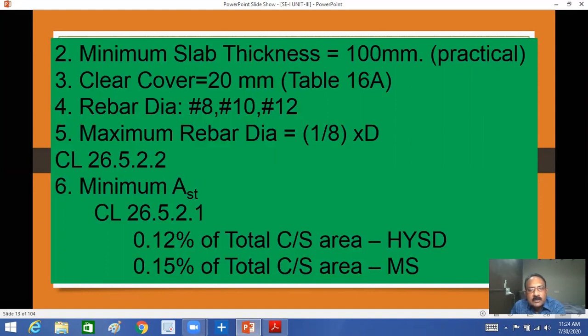What is that? The span to effective depth ratio, which we already discussed. And we'll see all these in the next video. I will explain all this in detail, how to use these guidelines using codal provisions. You should keep with you your